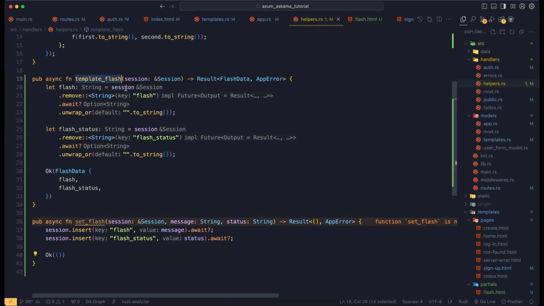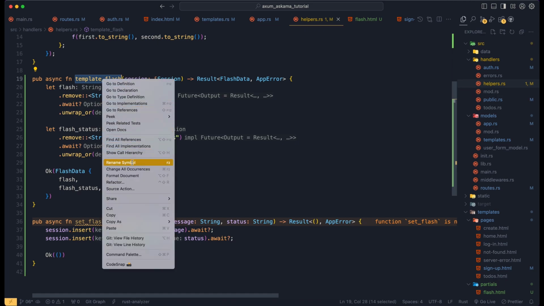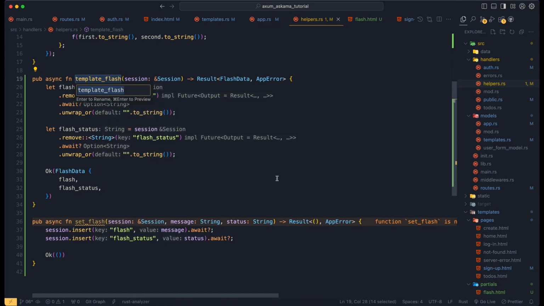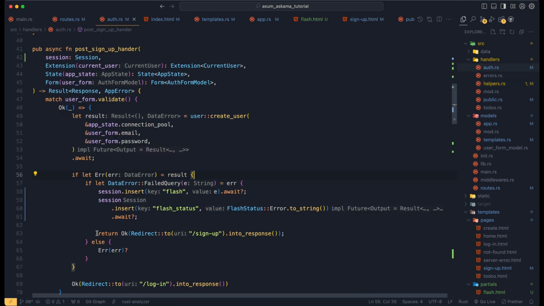And also update this function name. It should be get_flash. Right click and then rename symbol, and that will update this name everywhere it's used, so we don't have to manually update one by one. Now once that's done, close this file, and now outside this if-let block,